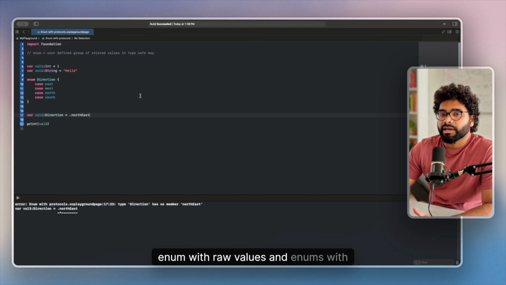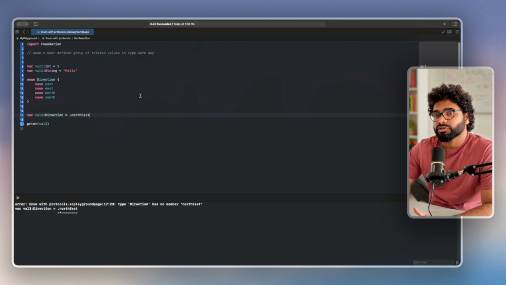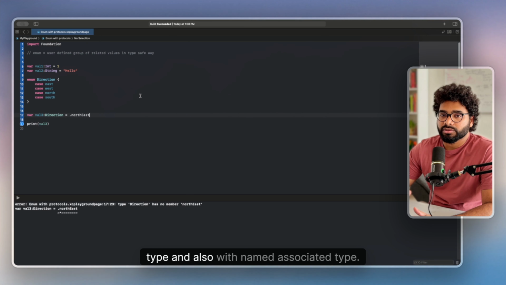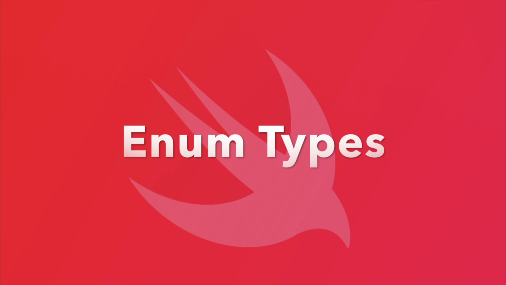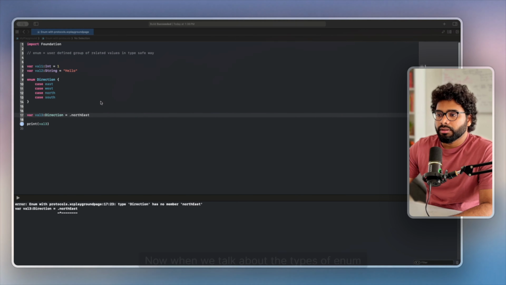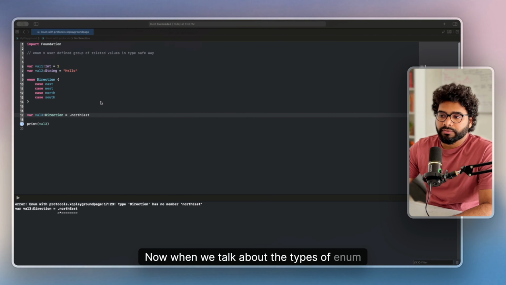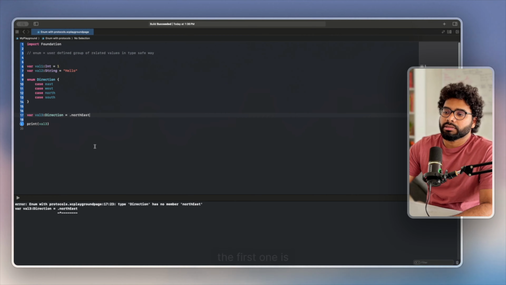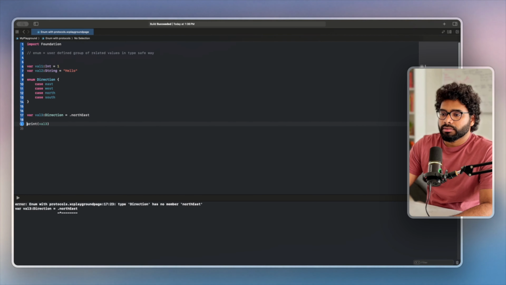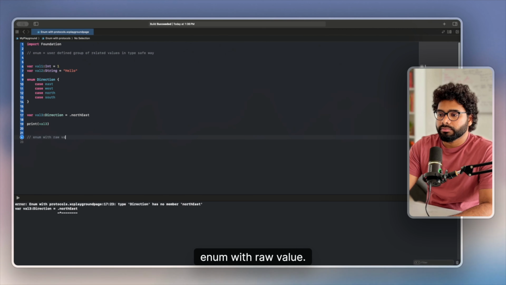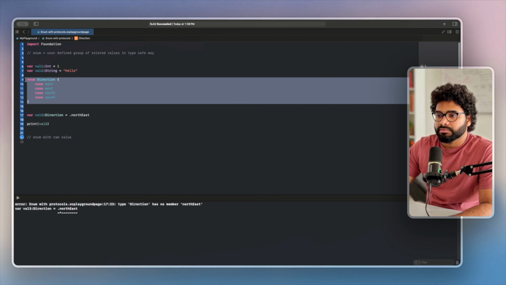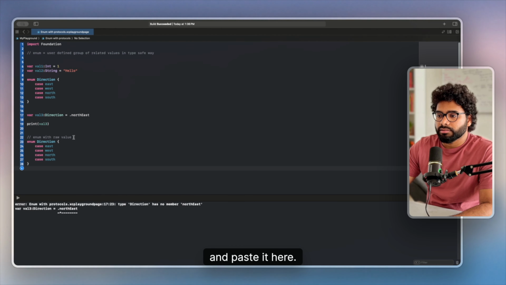Now, as we know something about enum, we can now jump to the types of enum, that is enum with raw values and enums with associated type, and also with named associated type. Now, when we talk about the types of enum, the first one is